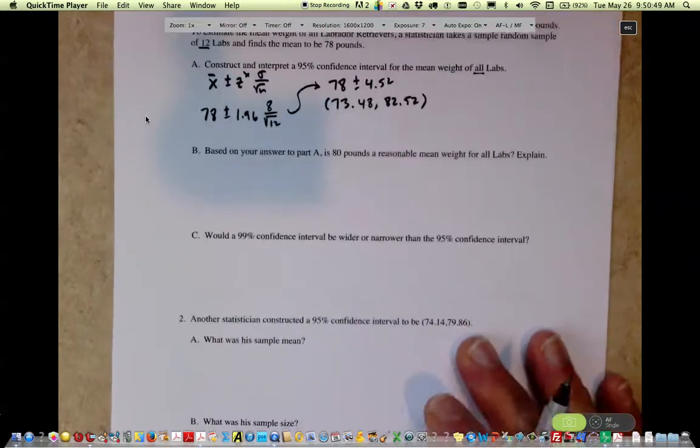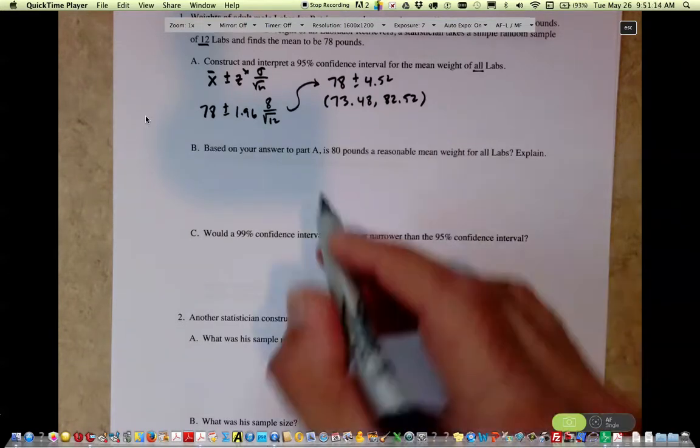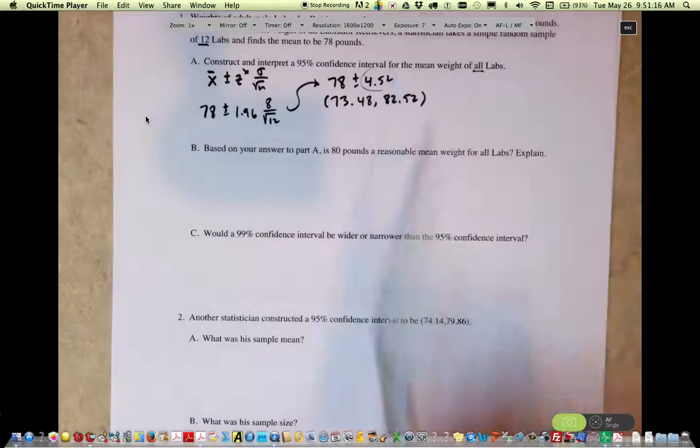Okay, and then for Part C, would a 99% confidence interval be narrower or wider than a 95% confidence interval? All right, so again, like we talked about last week, if we're going to increase the confidence level, think about the idea of we're going to be more confident in capturing something, we're going to use a bigger net. So the margin of error is going to end up being bigger on this one, the confidence interval will be wider. And in fact, the margin of error up here was 4.52.